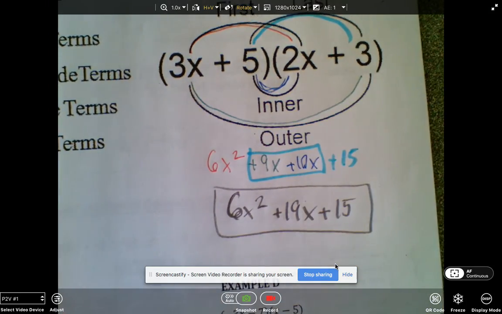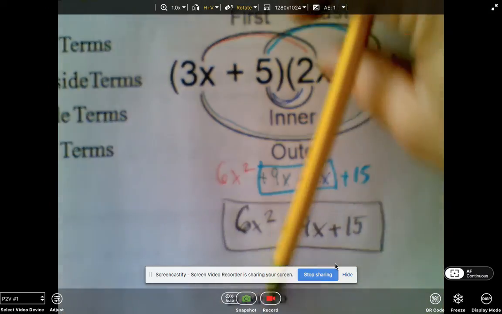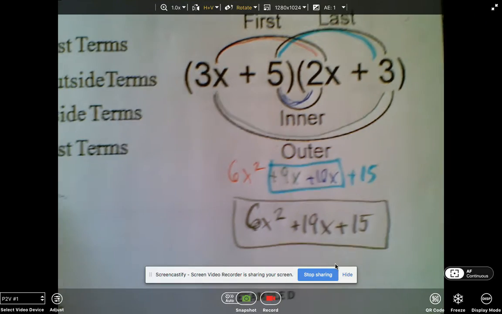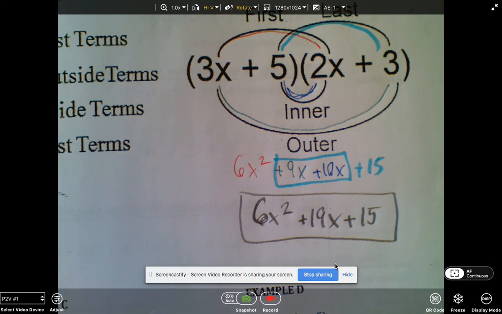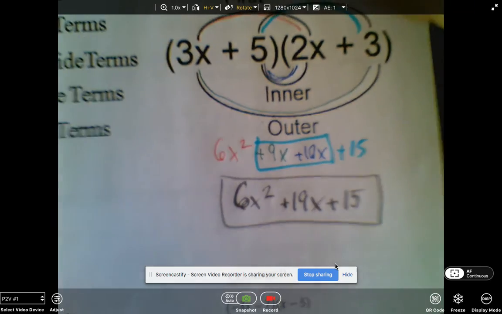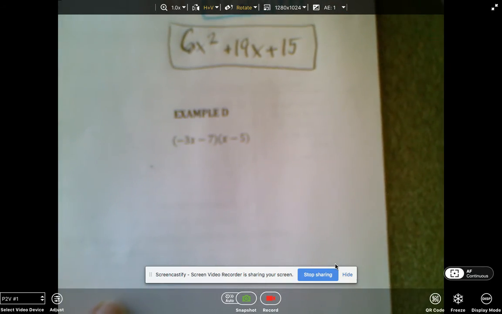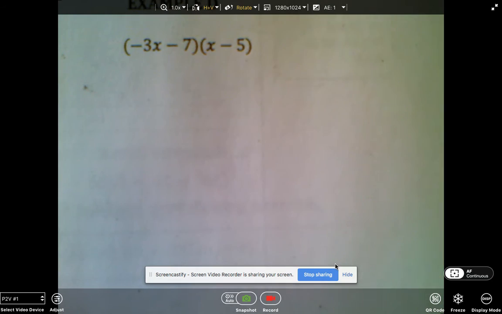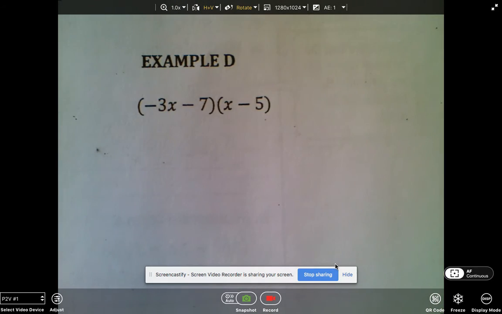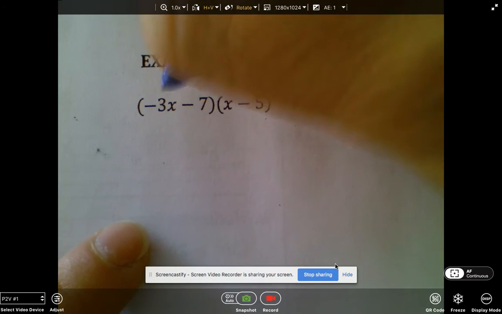All right, so let's do some examples, and then let's see here. Why don't I do example D? Looks a little bit more complicated. Then I'll pause the video and you have a chance to try C with a partner. All right, so looking at example D, I'm going to be a little lazy and just use all one color here. So first